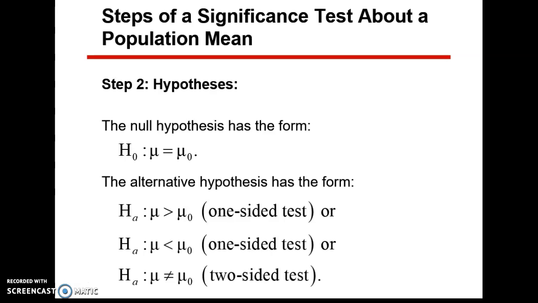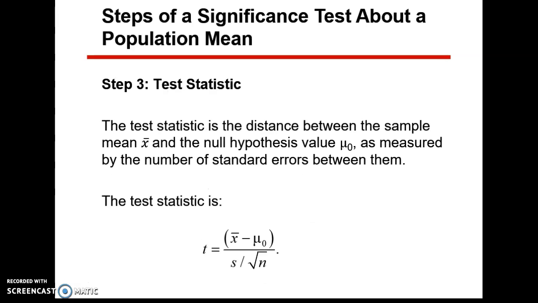You notice here that the null hypothesis and the possible alternative hypotheses have a very similar form to what we had before. Instead of p equal p sub naught, it's mu equal mu sub naught. That's really the only change there in how it'll look. Our test statistic this time is using